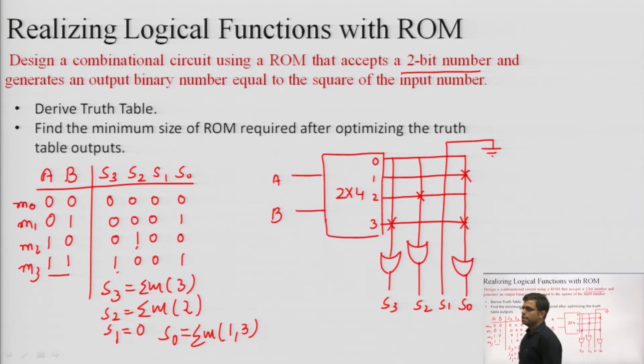In this way we can design any circuit using ROM. First of all we have to convert the description into a truth table. From the truth table we will be able to easily identify the number of inputs and outputs. Corresponding to the inputs we choose a decoder, and corresponding to the number of outputs we choose the number of OR gates. For further clarification, let us take one more example.